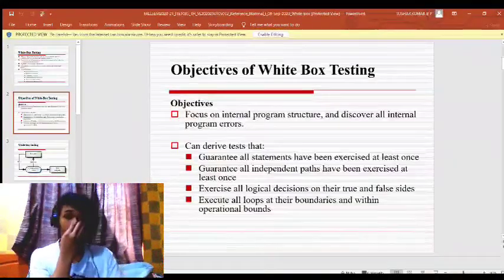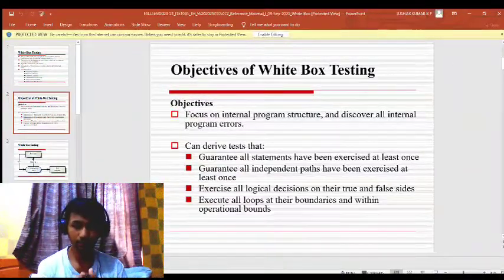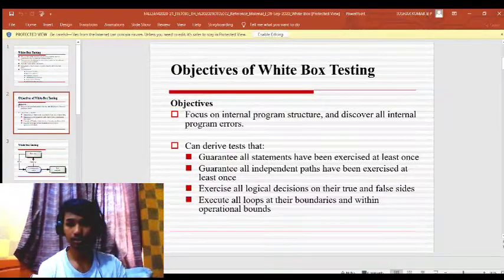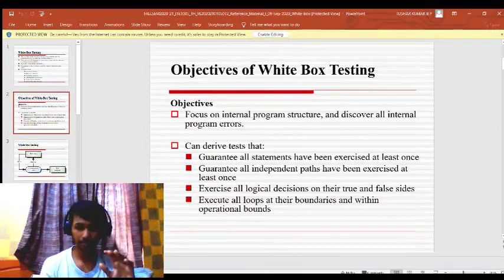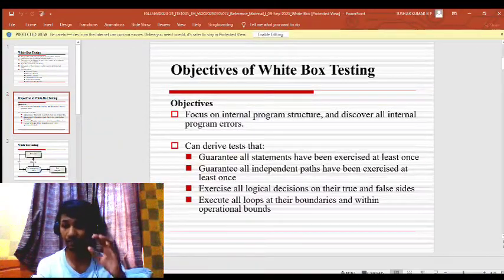So yeah, objectives of white box testing. What is the basic objective of white box testing is to focus on the internal program structure and discover all internal program errors. So white box testing makes you ensure that there is no error in the code, and if it has errors, it will try to bring it out.